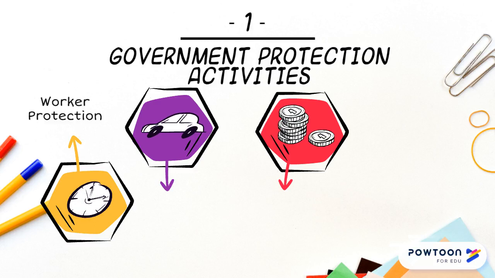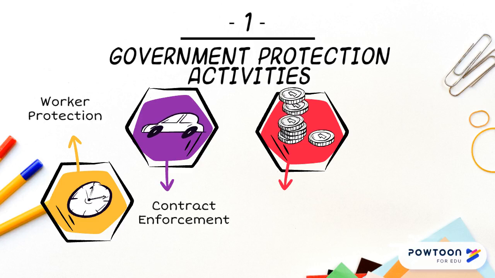Laws have been established to help provide a safe work environment. As a worker, you have a basic right to safe working conditions. Safety standards for buildings, machines, and chemicals are set by government agencies. Contracts are another example of government protection. A contract is an agreement to exchange goods or services for something of value, usually money. It is a basic part of doing business. Without enforcement, dishonest consumers or business owners could refuse to honor their agreements. The legal system enforces laws and government regulations.